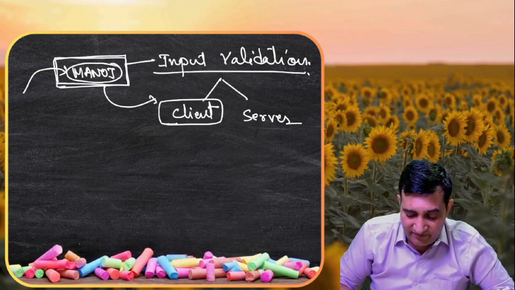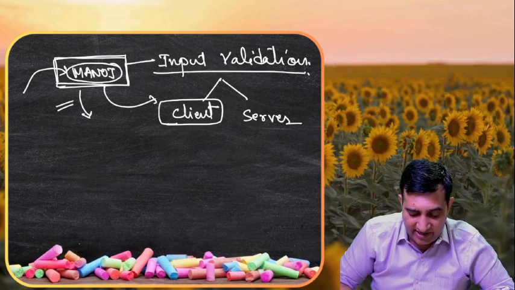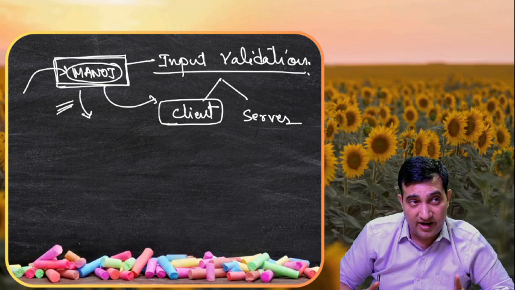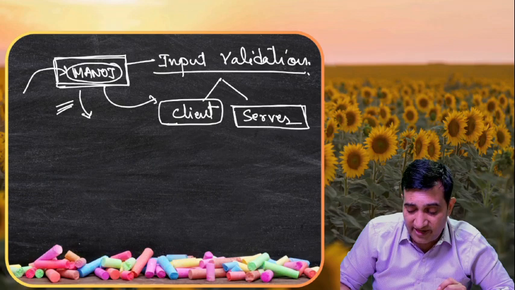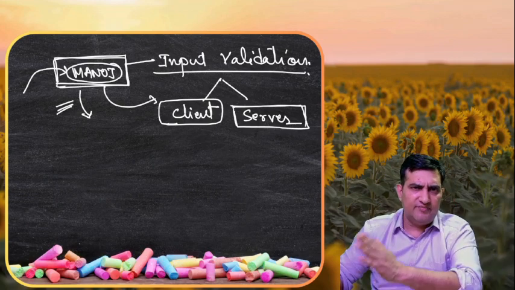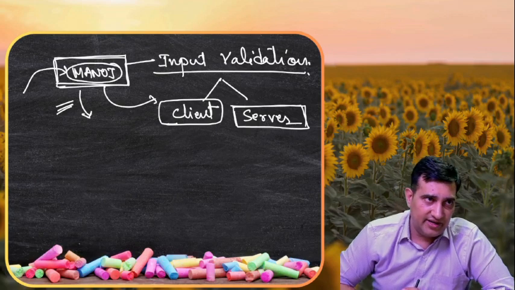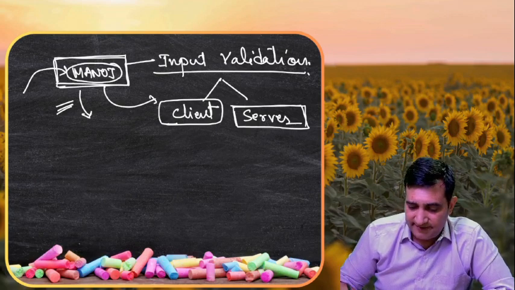Let's say something has been validated first, and later on when the data is getting submitted, there is data diddling, a change in the data which is happening, so that can be a risk on the client side. So we also need to make sure that the same validation is executed on the server side, because servers are normally placed in a much more secure environment. So that is also something very, very critical. Okay, so that's about your input validation.